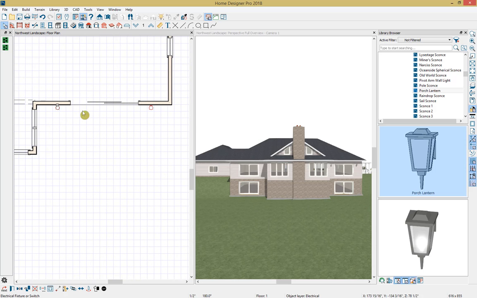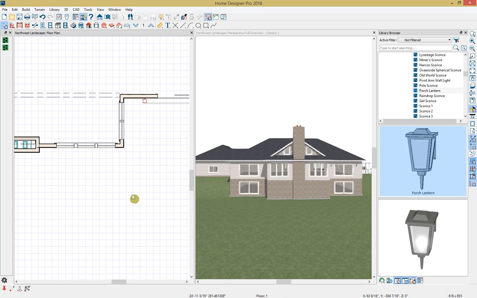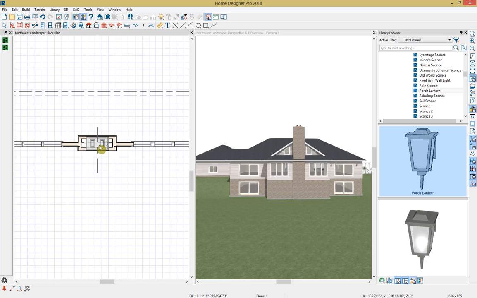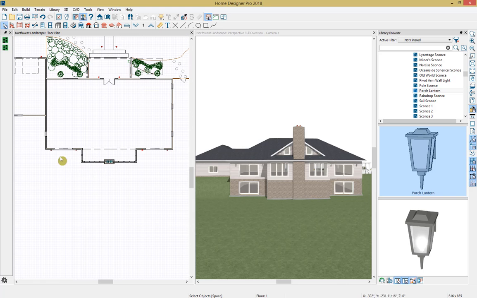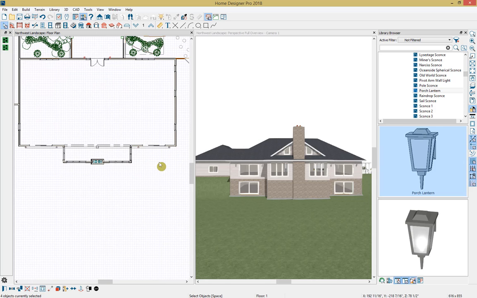And now I can select both of these and again use that copy reflect about tool, and I'll move over here to reflect about my chimney. And you can see that those have come in on the other side here. So now what I can do is zoom out, and I'm going to grab both of these by holding down my shift key, and I'm going to grab the other side as well. So I have all 4 of those multiple selected, and I can hold the Control C key on my keyboard,